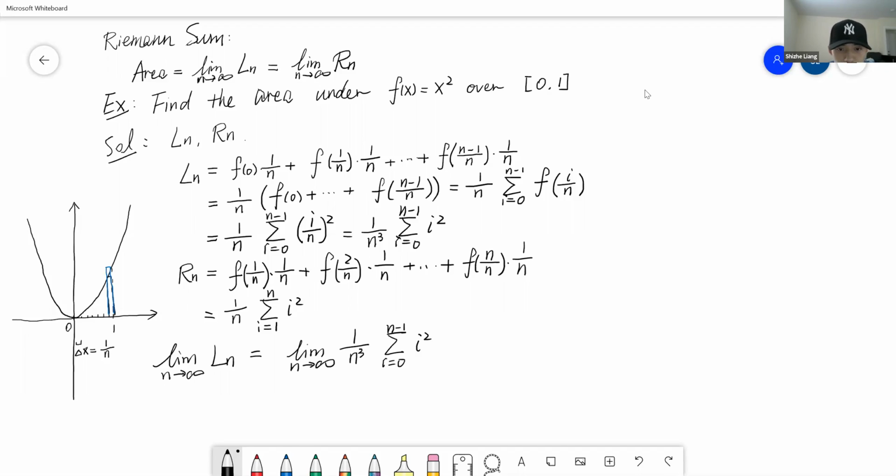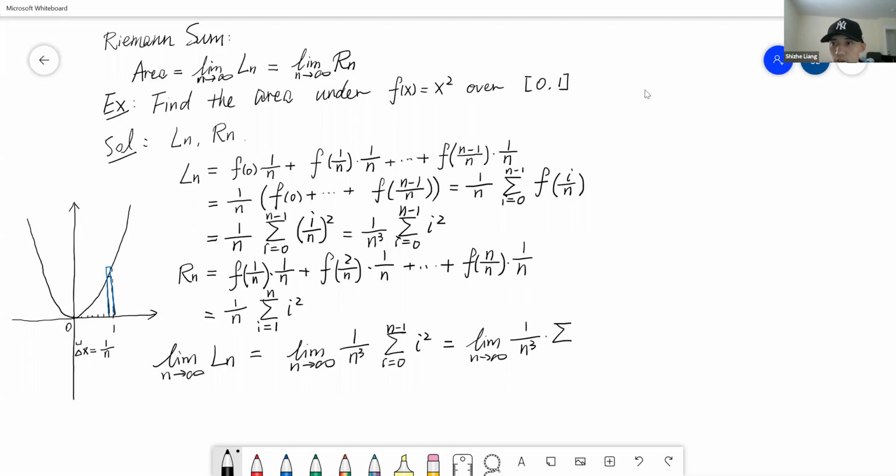Okay. So this is the same as the limit as n goes to infinity of 1 over n cubed times